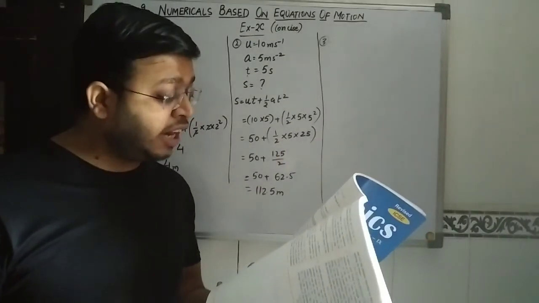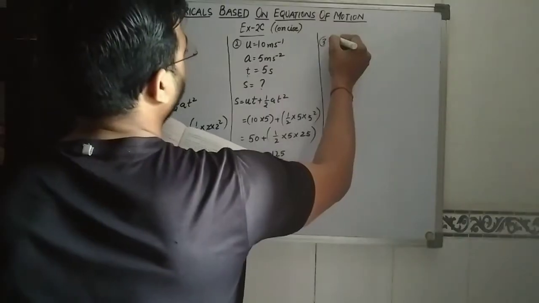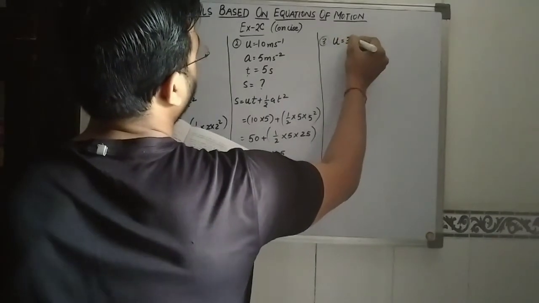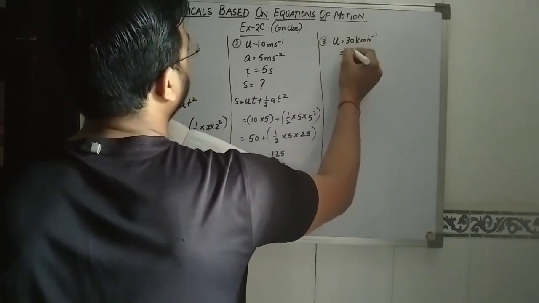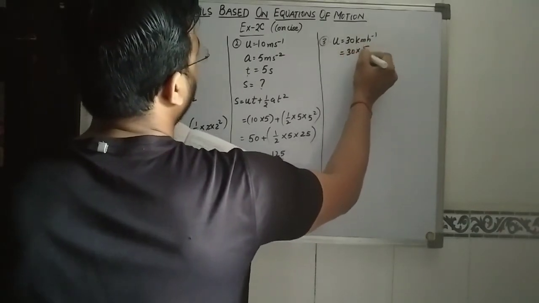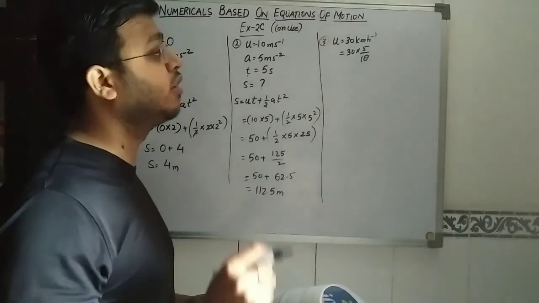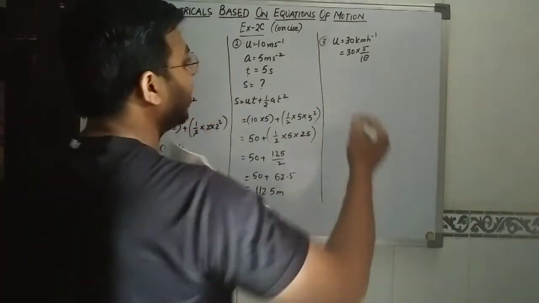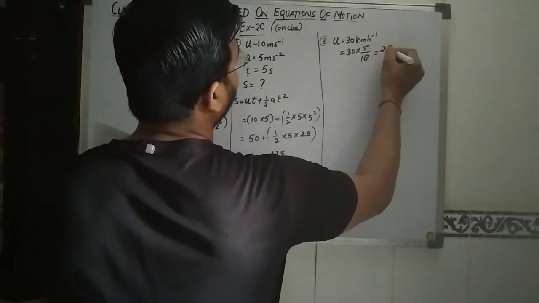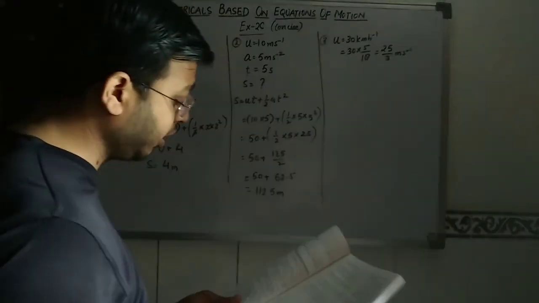At any instant its velocity is 30 km per hour. Suppose it is given as u, 30 km per hour. So at the very beginning you have to convert it into SI units. This rule you should also write down somewhere. If you want to convert kilometer per hour into meter per second, then you have to multiply by 5 by 18. So it will become 25 by 3 meter per second. That is the first velocity.